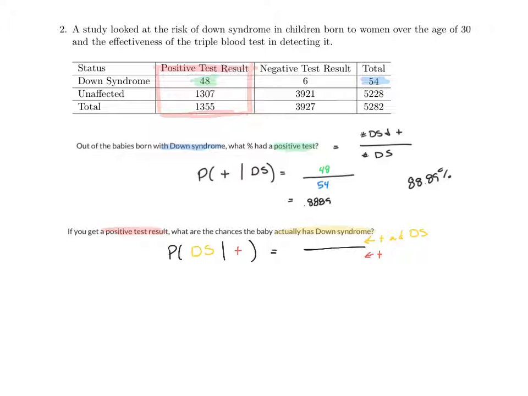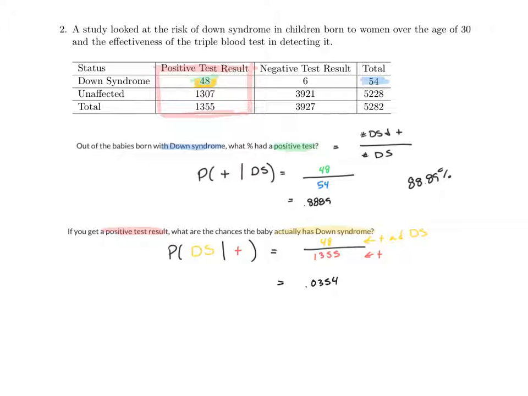So looking only at this column right here, I need to know, first of all, how many had a positive test result. And that's 1355. The number on top here will be the number who are positive and Down syndrome. So looking at this, positive and Down syndrome is going to be this number right here, 48. So that'll be on top. In short, out of the 1,355 women who got a positive test result, 48 had babies with Down syndrome, or